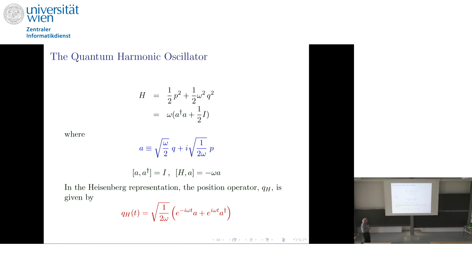The structure of the Hamiltonian is really enormously elucidated by introducing this complex linear combination of Q and P, known as the lowering operator, or in quantum field theory, the annihilation operator, which satisfies, just by virtue of the Poisson bracket commutator relation between P and Q, these commutation relations with itself and this commutation relation with the Hamiltonian,